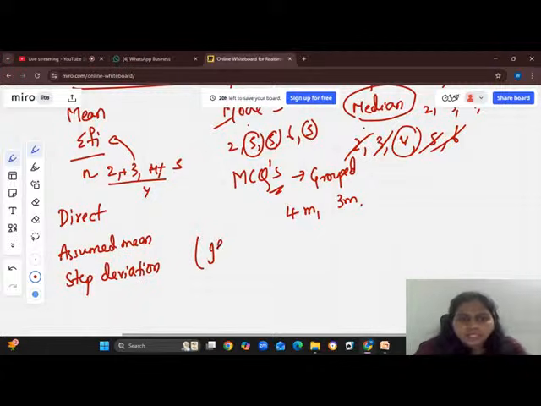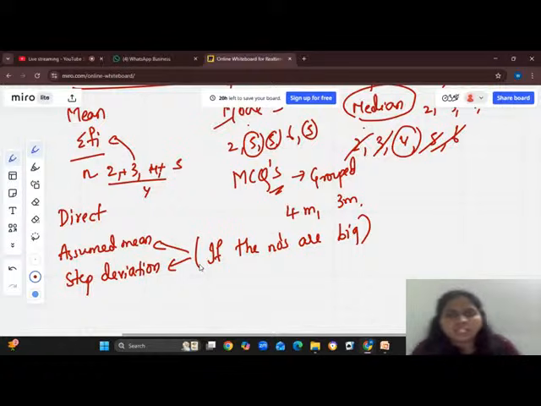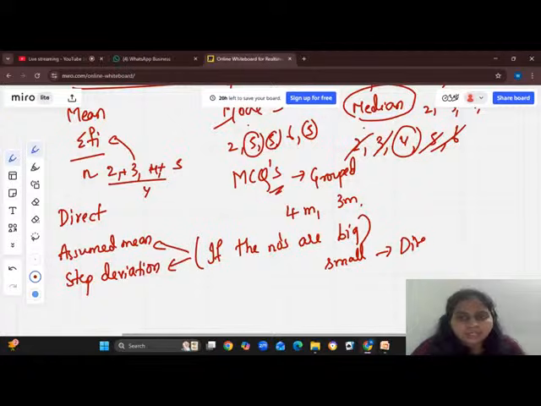If the numbers are big, go either with assumed mean or step deviation. If the numbers are small, then only go for the direct method. Because in assumed mean we have simplified formulas, so it will be easy for you to calculate in the table or column. Present the table properly, write down neatly. No need to do the calculation separately on the side. You can draw the table column big and do the calculation there only, neatly. So I repeat it. If the numbers are big, go with the assumed mean and step deviation method. Otherwise, go with the direct method.